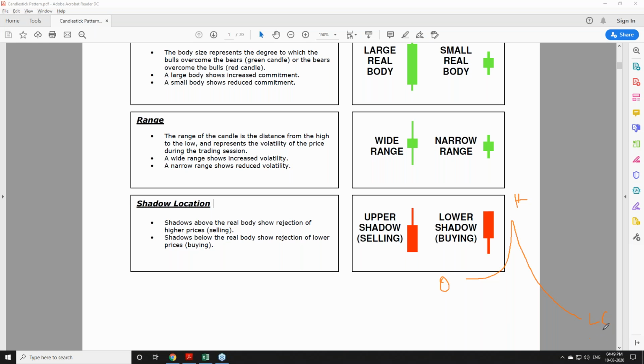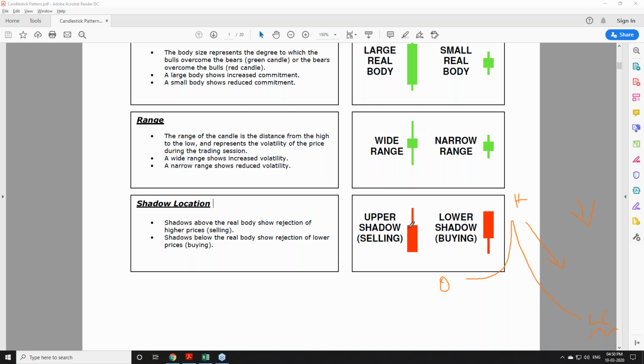What does low and close being the same mean? Till the closure of the market, till the trading session was over, it was continuously falling down, which is a sign of negative. It's a sign of further downtrend, or we can say it is the beginning of a downtrend.